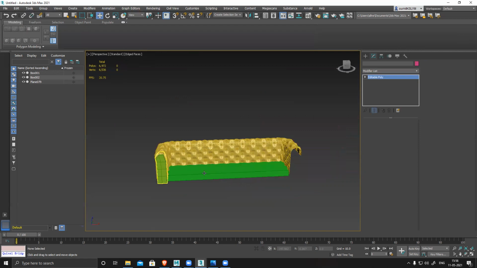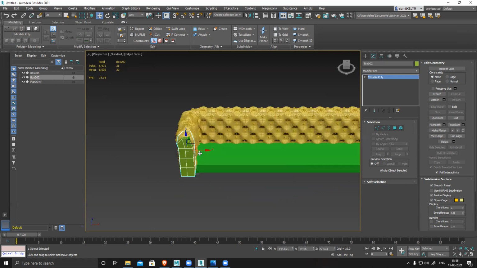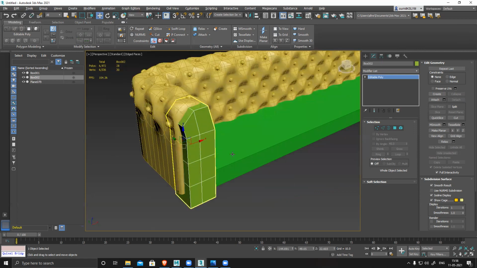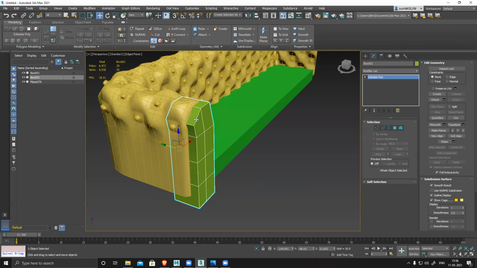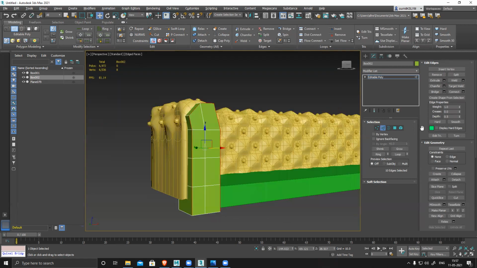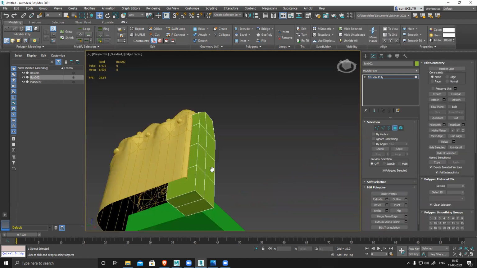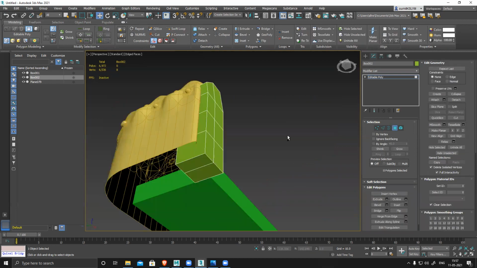This part and this two part I can combine, and then if I want I can symmetry it. And before that, I need to make it a little more smooth. So I have to select all the edges, the front side, all the edges. Before that, all those unwanted sides. Okay, let's keep it.